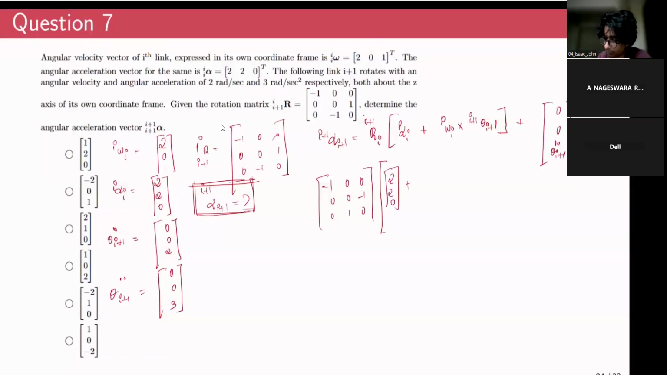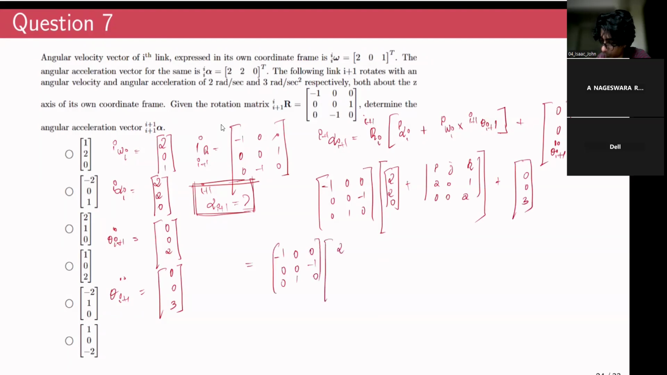Then we have a cross product to be evaluated. So I'll represent it as a determinant: i, j, k, I omega I is 2, 0, 1, and I plus 1 theta I plus 1 is 0, 0, 2. Then this term is added with 0, 0, 3. So if I expand this out, I'll get minus 1, 0, 0, 0, 0, 1, 0, minus 1, 0, multiplied by 2, 2, 0,